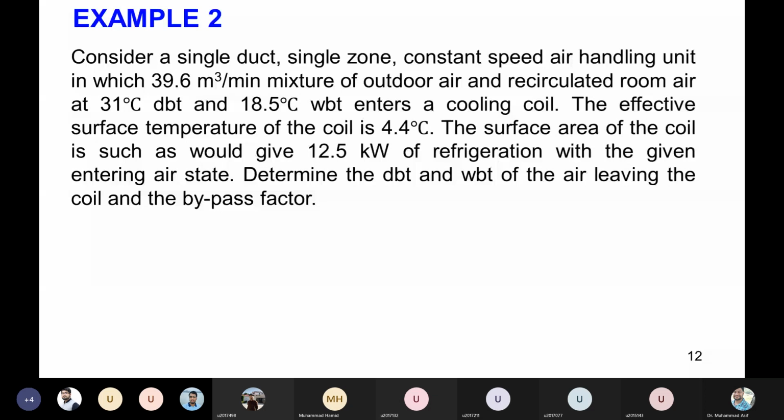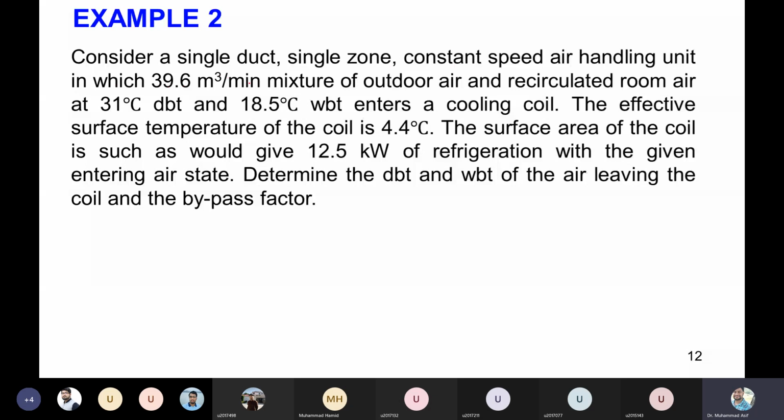Right. So let's see another one. The second example. In this example, it says, consider a single duct, single zone, and constant speed air handling unit. So we studied one of the all-air processes, which was a single duct, single zone, and constant speed air handling unit, in which 39.6